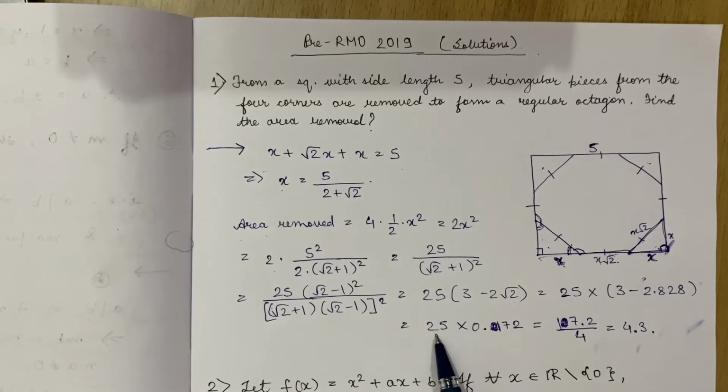So I substitute the value of root 2 here, so it becomes 3 minus 2.828, which is 25 times 0.172. Now I don't want to multiply these two large numbers, 25 by this, so I multiply the numerator and denominator by 4, and multiplying this by 4 gives 100, so this is 17.2 upon 4, which is 4.3. So the final answer is 4. This solves the first question. From the next question onwards, I'll write down the answer while explaining. So yeah.